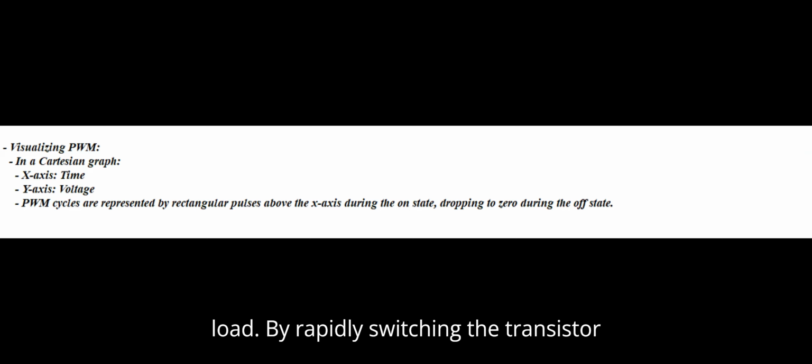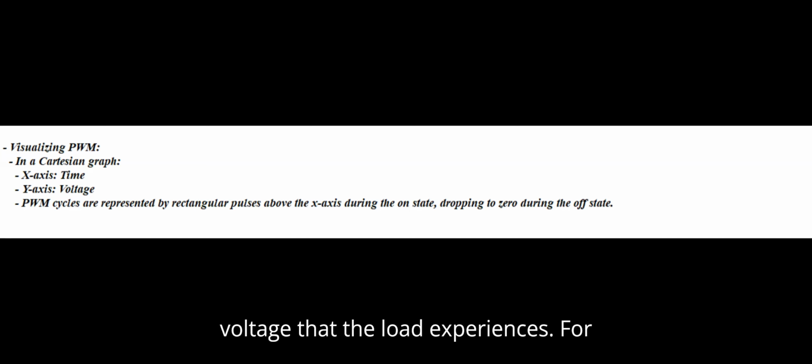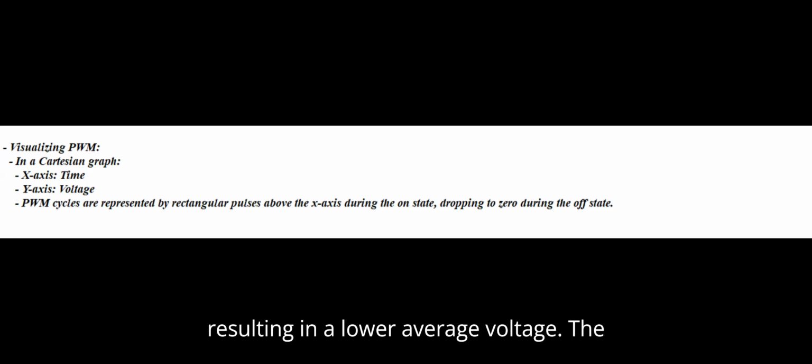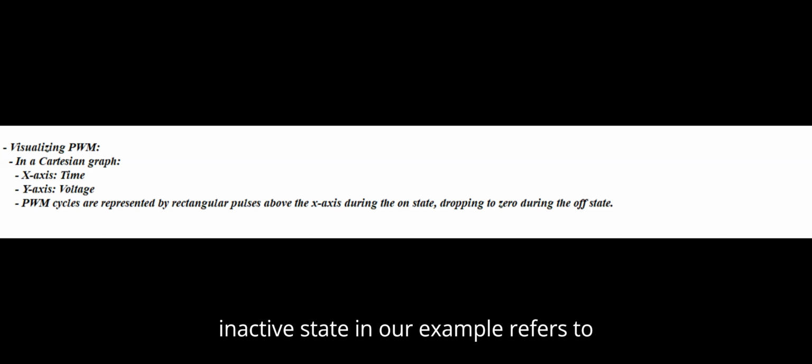By rapidly switching the transistor on and off, you can adjust the average voltage that the load experiences. For example, a 50% duty cycle means the load receives power half the time, resulting in a lower average voltage. The inactive state in our example refers to when the transistor is off and no current flows, corresponding to the 0 level on the y-axis, voltage. When the transistor is on, the PWM signal shows pulses above the x-axis, time, and falls back to 0 during